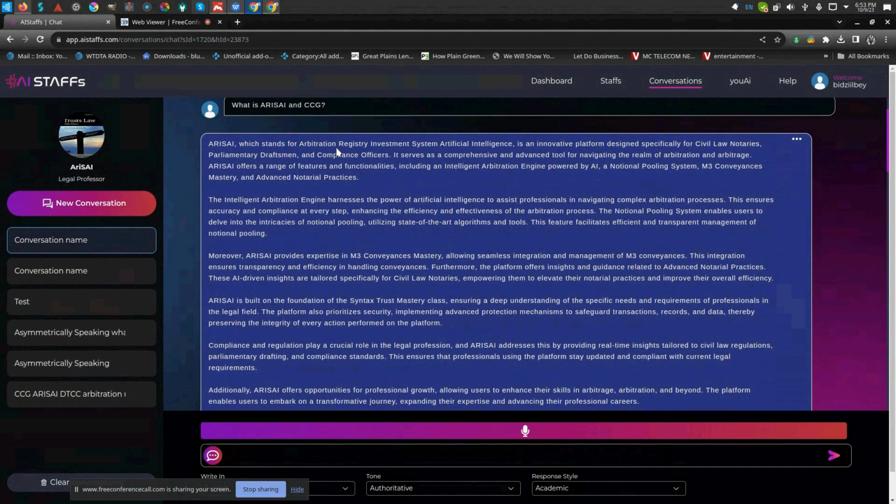Eris AI offers a full range of features and functionalities, including an intelligence arbitration engine powered by AI, a notional pooling system, M3 conveyance mastery, and advanced notional practices. The intelligent arbitration engine harnesses the power of AI, artificial intelligence, to assist professionals, yes, you're a professional, in navigating